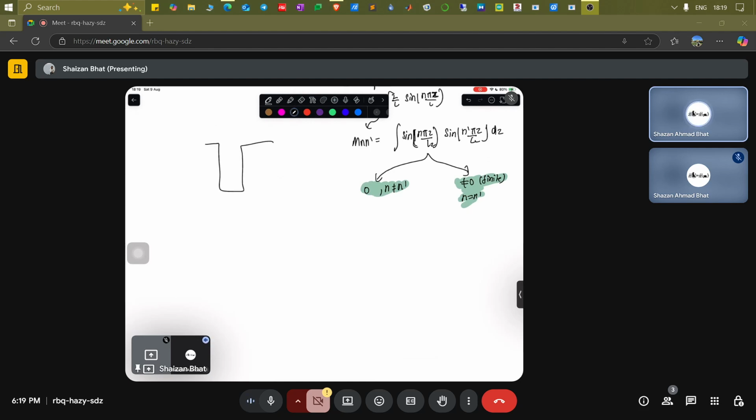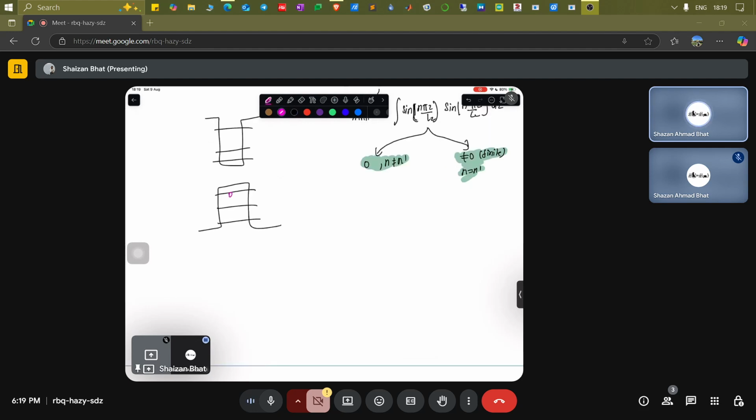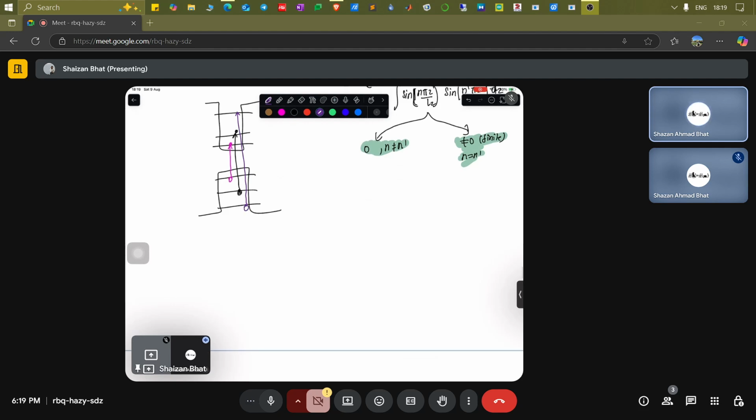For example, if you have a quantum well, and you have electron energies like this and hole energies like this, there's a one-on-one correspondence. That means only these holes can go into this first level. The electrons here can go into the electrons there, producing a hole at the bottom level. Similarly, this electron can go up to this, creating a hole here. So delta n should be equivalent to 0, that means n dash minus n should be 0. If that is the case, then only these transitions are possible.